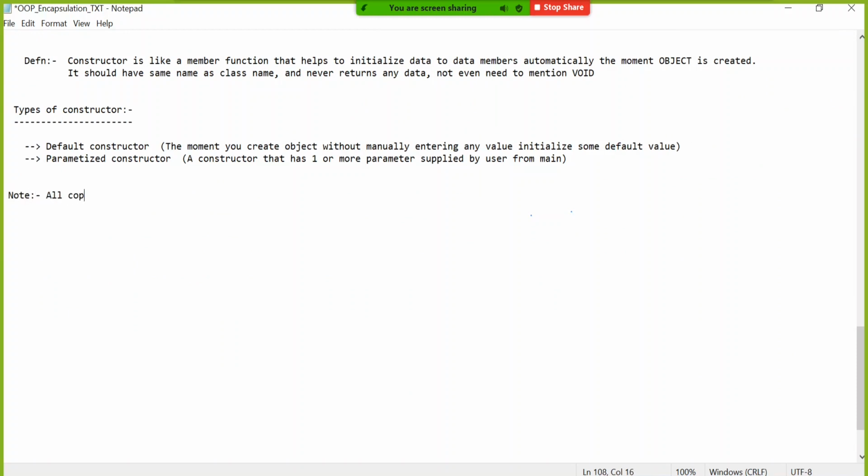All copy constructors are definitely parameterized constructors, but all parameterized constructors are not copy constructors.